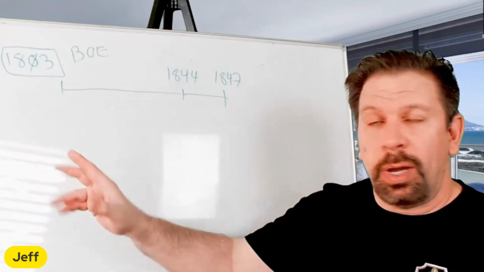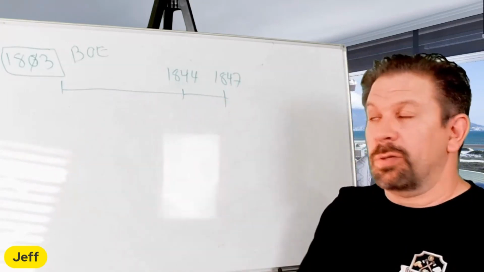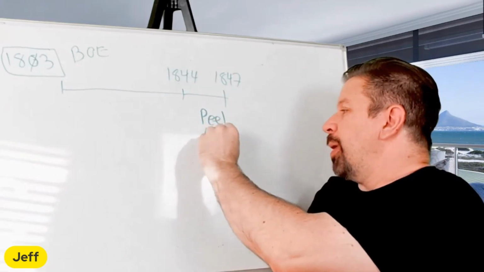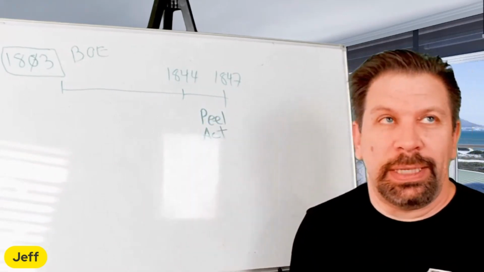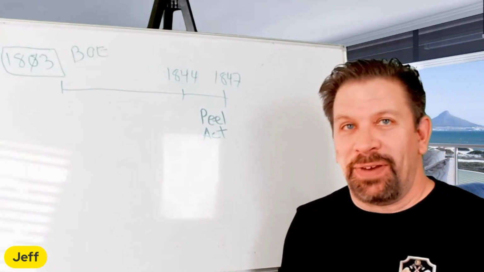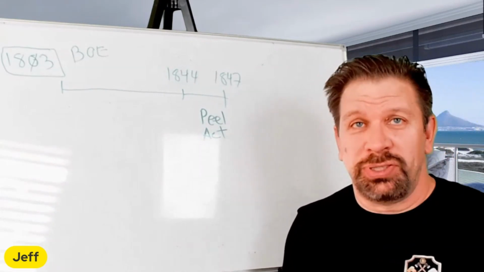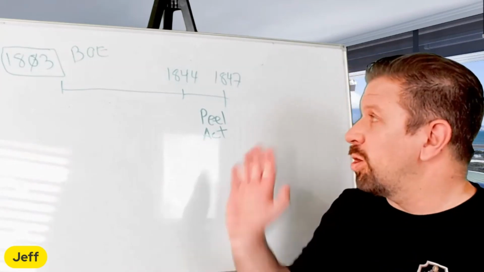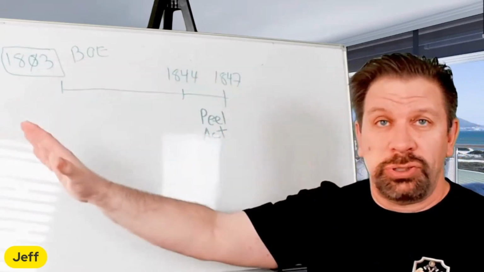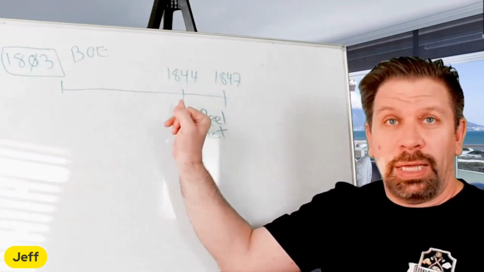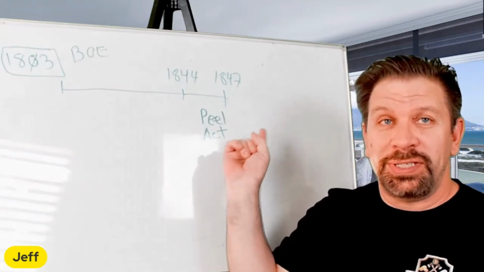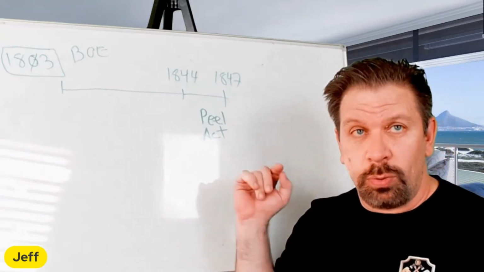But in the last video, I went to here, which is where the Peel Act was. The Peel Banking Act, I believe, is the actual full name. I have some notes that I'm keeping track of so I can get as much in here as possible. I'm not going to go too much over this; that was mostly in the first video. But the Peel Act was launched in 1844. They repealed it in 1847. This basically said you have to redeem gold for silver.